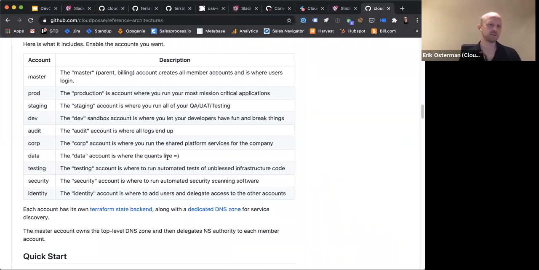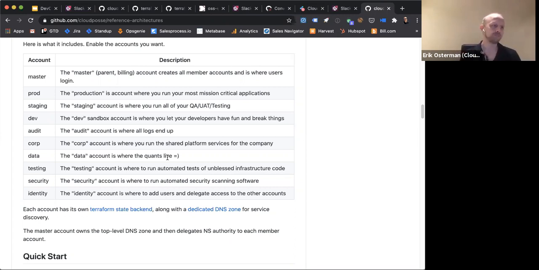So here's the core set of accounts that Cloud Posse recommends. We start with the master account. The master account is the root level account. Everyone has one. This is historically where we have managed the billing, but we have now started creating a billing account as well. And then at a production tier, you might have multiple production accounts, but at the simplest level, you have at least one. Then staging, you have at least one staging account. And for all of these, you have at least one. These are core accounts.